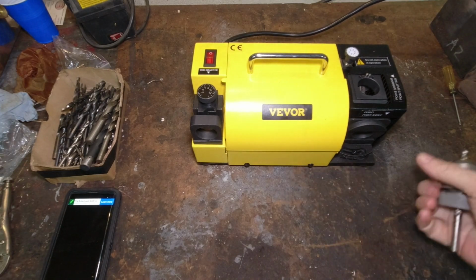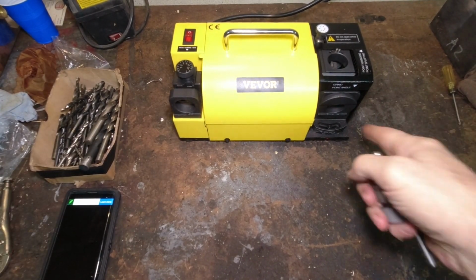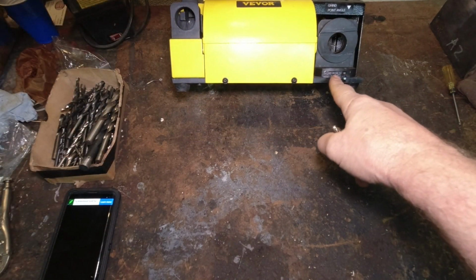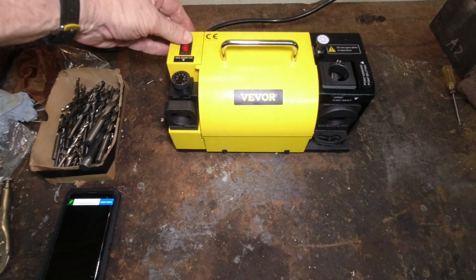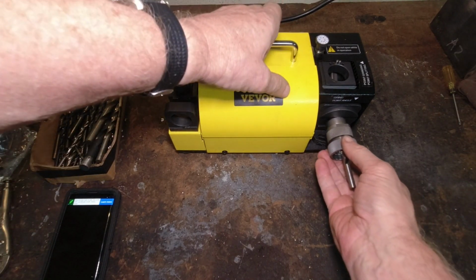Now what we're going to do is come to this station over here on the right. As I said, I'm going to do a 118 degree point because that's what this is. So turn it on, let it come up to speed. We're going to insert this in